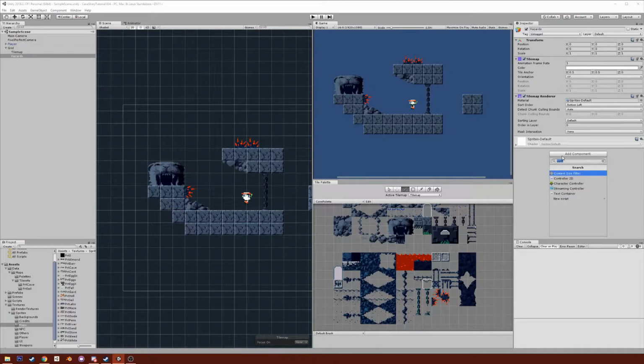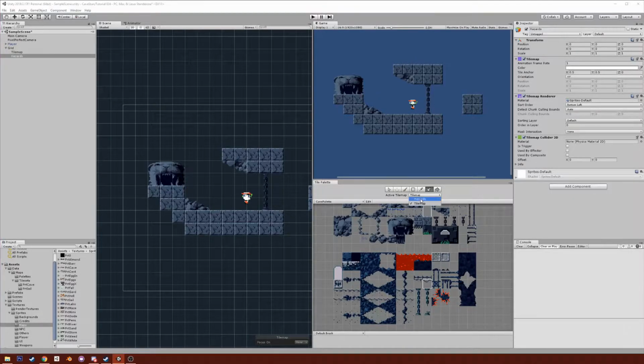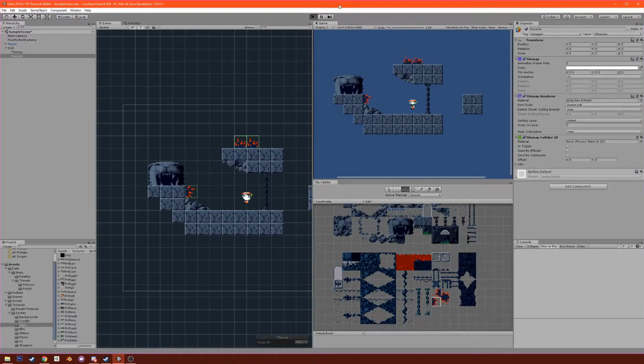Now we're going to give this a tile map collider 2D. And oh shoot, I actually made a mistake because we have to make sure that our active tile map is set to hazards. So actually, erase them and go back and change it to hazards, and now you'll see that the hazards tile map is selected. So now if we put them down, you'll see that their colliders show up under hazards and the rest of it shows up under tile map. So we also have to make sure that this is set to obstacles,